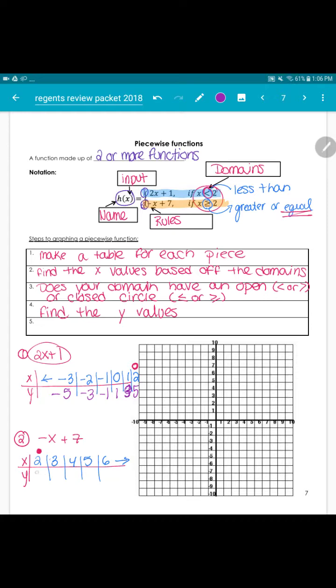And for this one, negative 2 plus 7 is 5, 4,